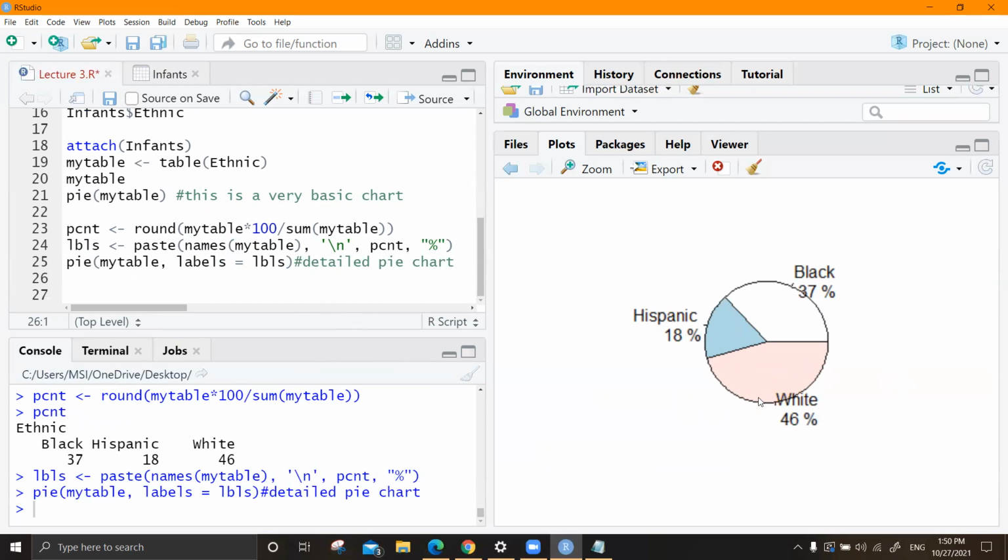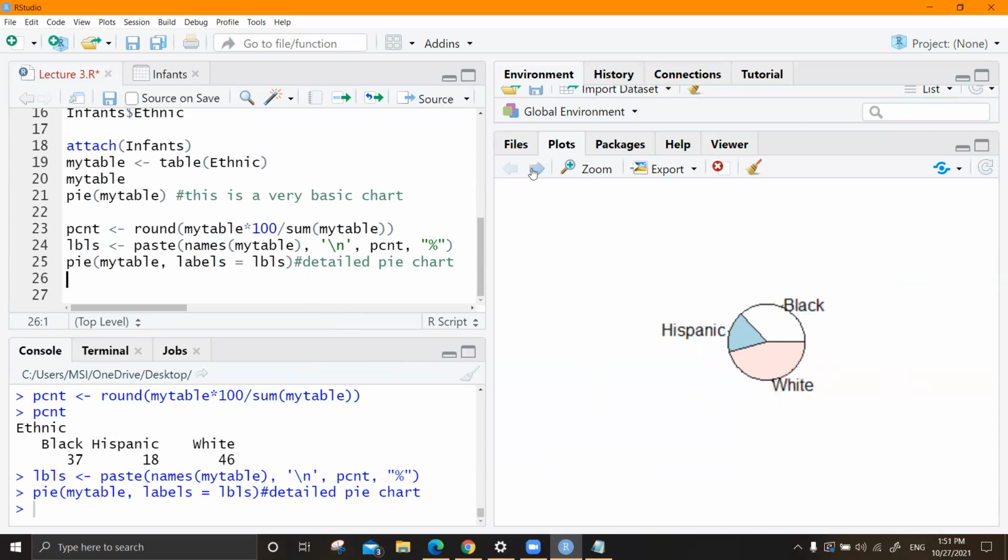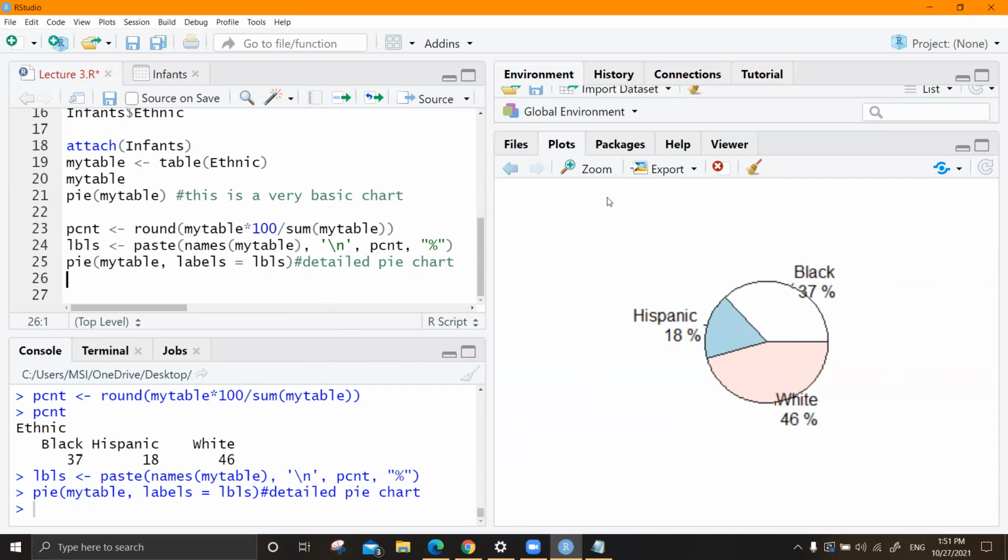Still, I'm not done because, from these arrows, you can go to the previous and the next chart. You can use these arrows to navigate. Still, I'm not done because I have to give some title to this. You can give all these at a stretch, doesn't matter, or you can trial and error. You can type these things and see whether it's really going to work.